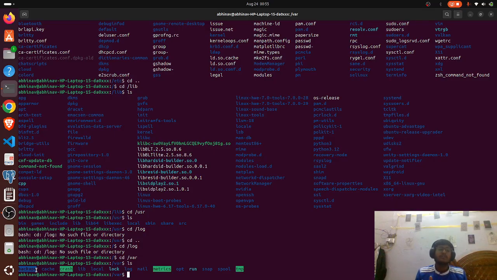We can simply understand it like this: this directory holds the temporary files. It will contain information or data specifically about the temporary files. There is nothing much to do with the permanent files. So this directory contains information or data related to cache, and we have